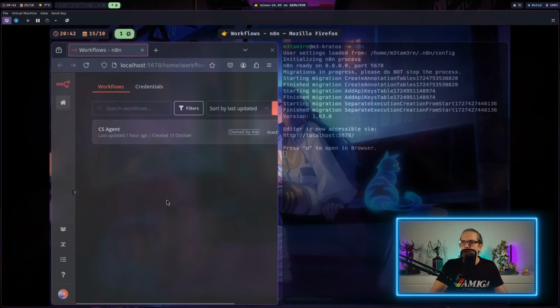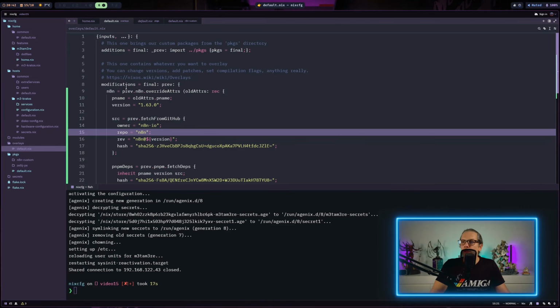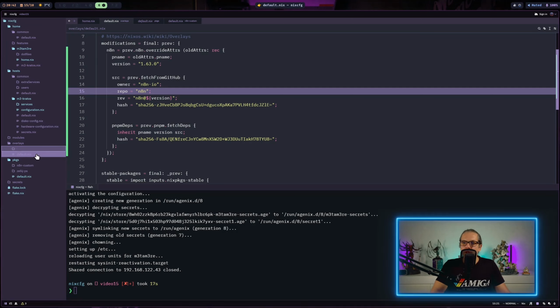And now when we head back here, just close this one and restart n8n. You can see it's working and it still has the new version here. When you have multiple overlays, this file will get cluttered very fast. So in order to have this a little bit more organized, I would just create a new subfolder called mods for modifications. And here I make a